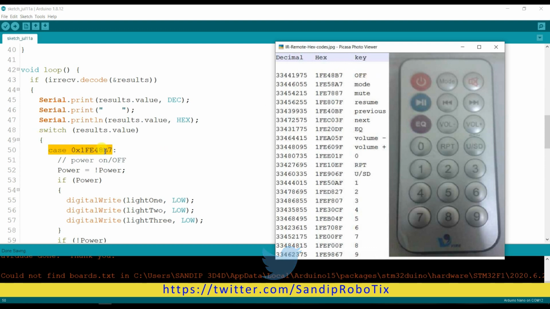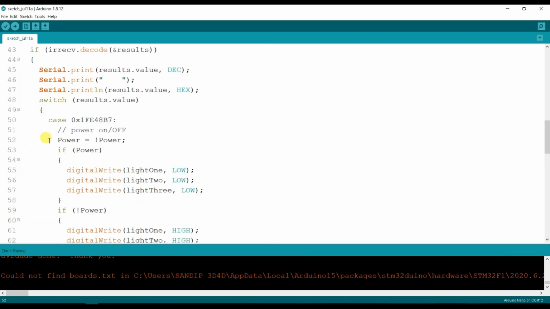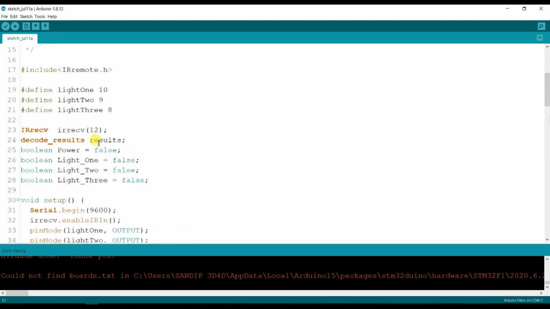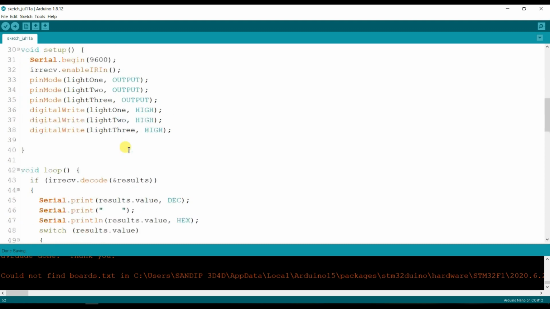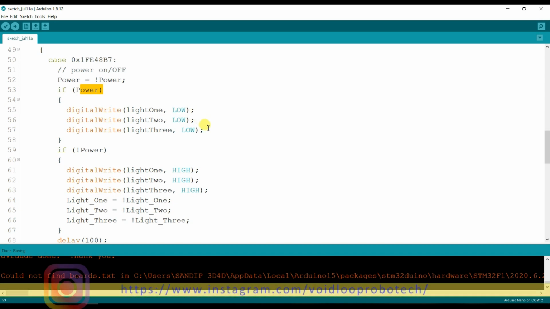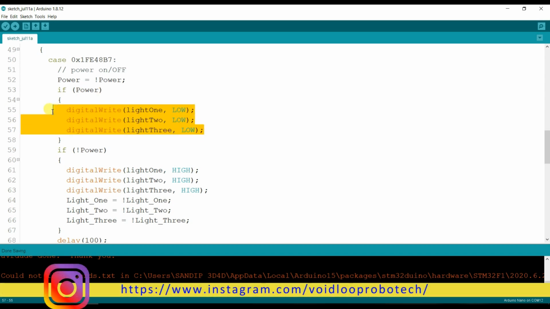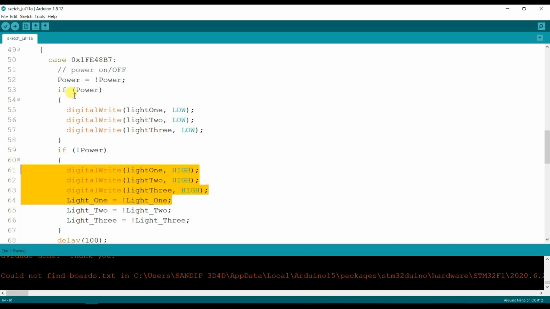When the off button is pressed, it will receive this data, 1FE48B7. Then the power variable changes state. By default power is false, then power will become high, so all lights will be turned on, otherwise all lights will be turned off. If it is pressed another time, then all lights will be turned off.